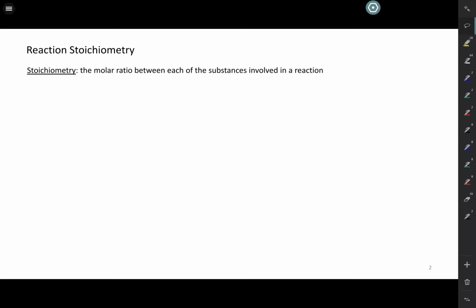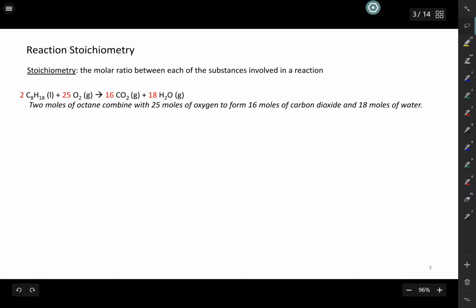In the last video, we learned how to balance chemical equations, and we ended with this chemical equation, which tells us that 2 moles of octane burned in the presence of 25 moles of O2 will give us 16 moles of CO2 and 18 moles of H2O. So if we start with 2 moles of octane,